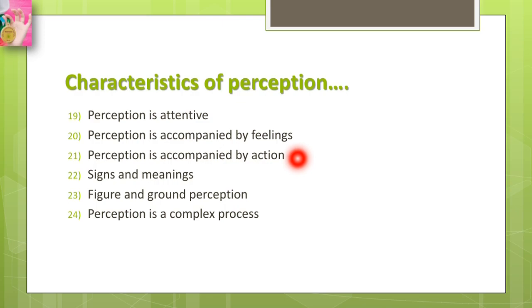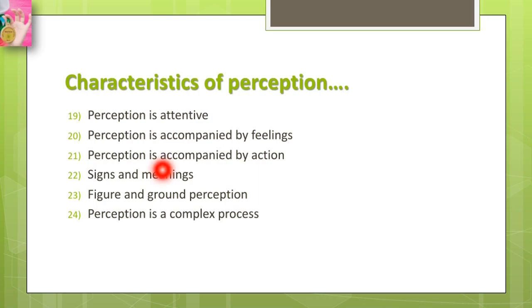And perception is accompanied by action. Perception is sometimes accompanied by action, and it is sometimes followed by an action. We climb a hill and perceive its steepness through muscular action, or a bell is rung in the college and students have their classes. Now, here perception is followed by an action, and we react to certain objects in the environment in perception.